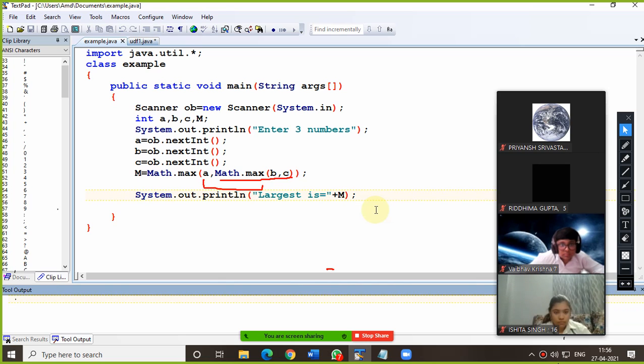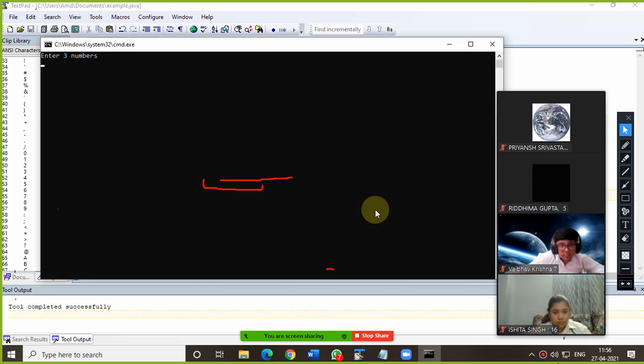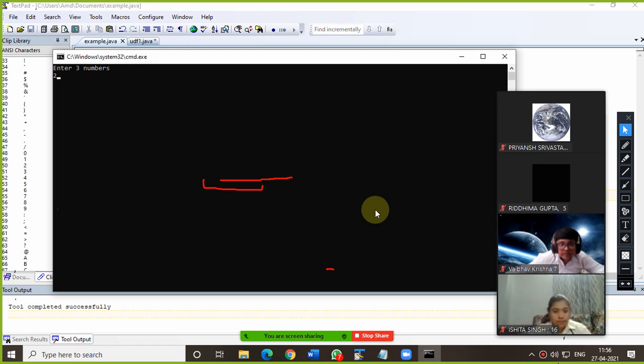Everybody, see here, whatever value you want, you can enter. So the largest is coming 355. As you can see the output. One more time I will show you.